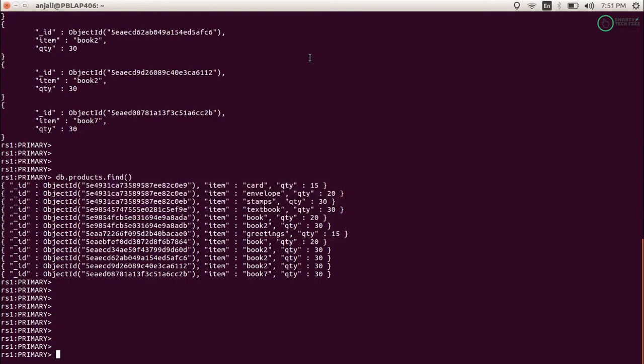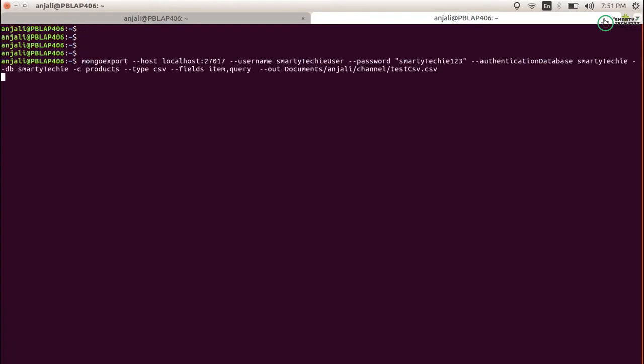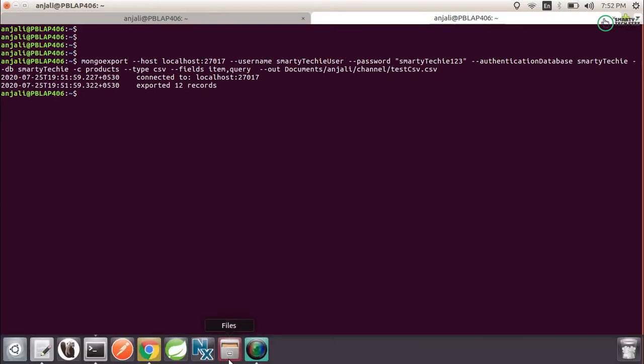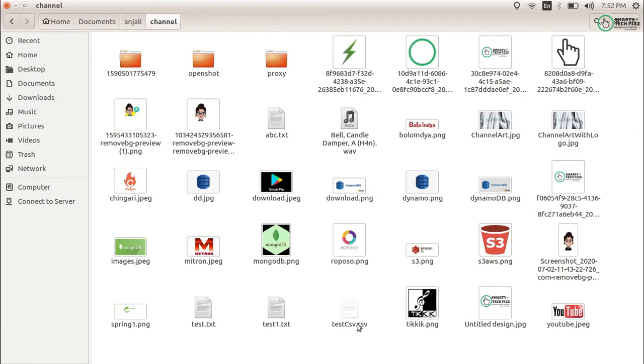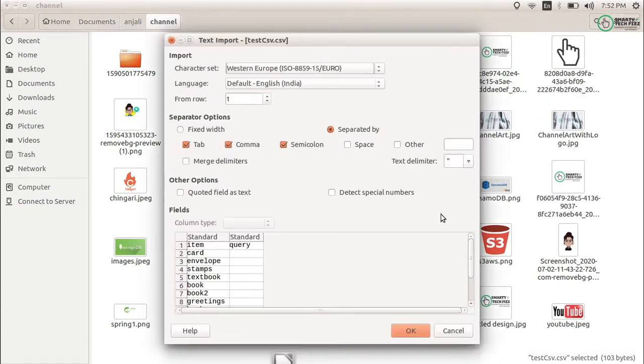In the previous part I told you that we need to run mongoexport in your normal terminal, not in the Mongo shell. So let's run it here. It exported, and let's see the document it exported. This is testcsv.csv, and it's opening.